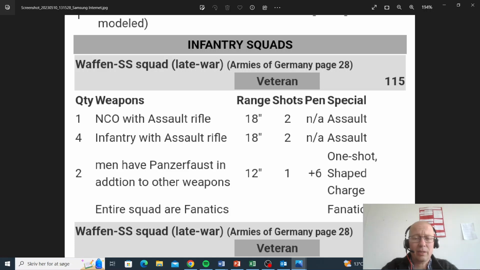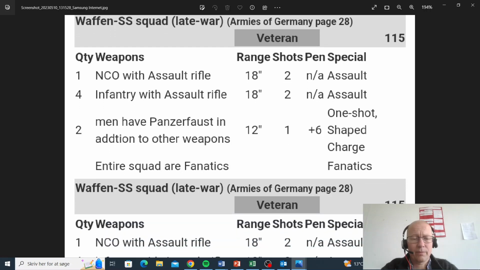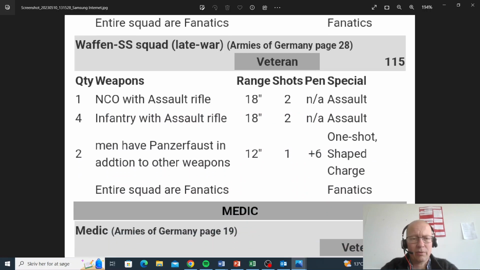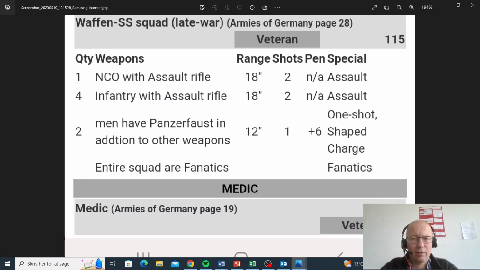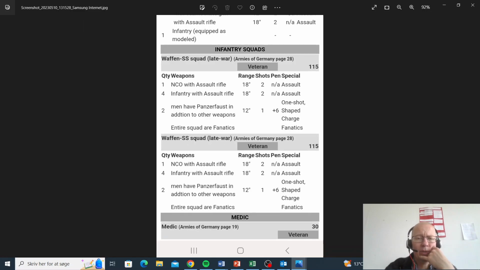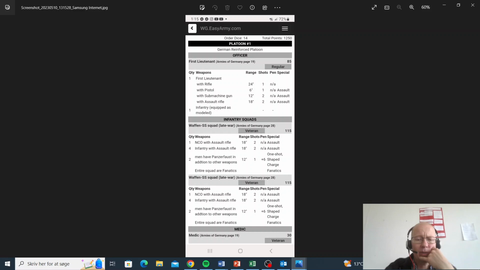I like the Fanatics. They're just too expensive. Another Waffen SS veterans, same loadout. Very, very expensive units, and they lack bodies. They simply do. They're not going to stand up to much punishment. Medic, okay. I like the medic. He'll not be able to keep up with the rest of your army, but